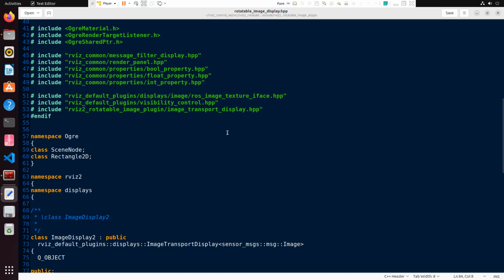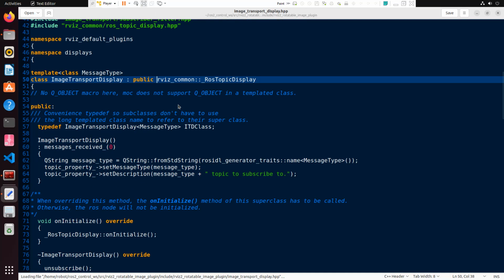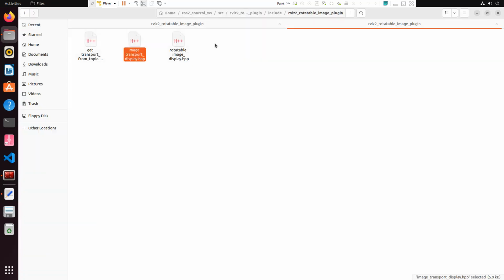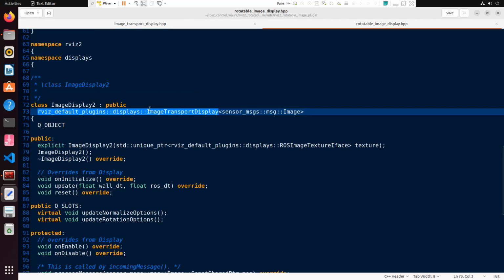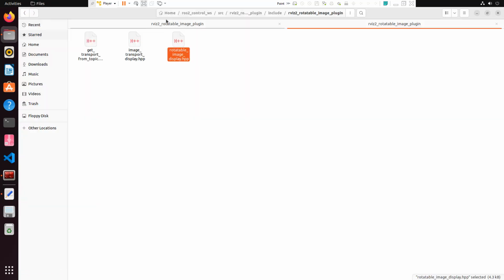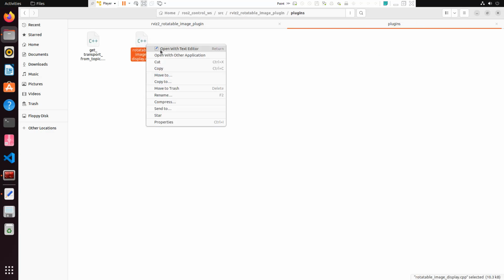Okay, and this class is also initializing along with the plugin, and so I think it is somewhat complicated, like an example I will say, but